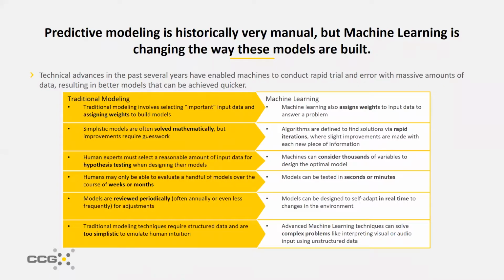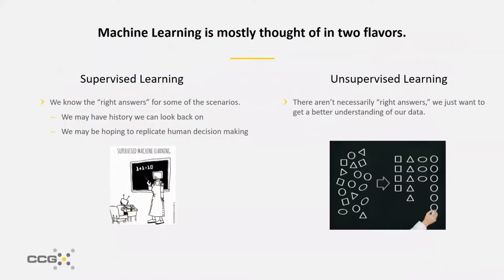Machine learning changes the way that we build predictive models in that, number one, it allows us to consider a much larger amount of data. And number two, it can actually be built to self-adapt over time, so that as the environment is shifting, your model's weights are shifting too, to continue to reflect the new reality. So machine learning makes predictive analytics cheaper, and it makes it more effective, which is a pretty good combination.